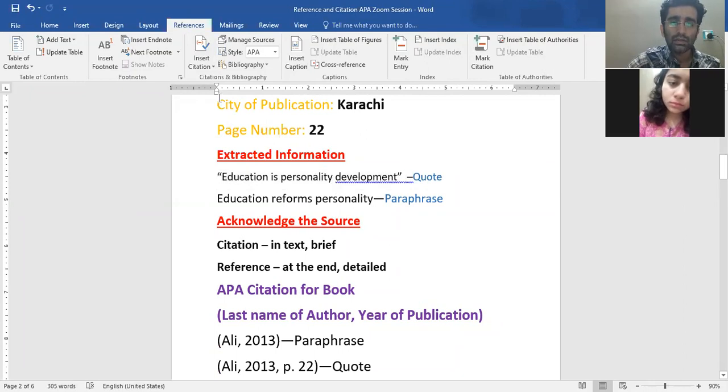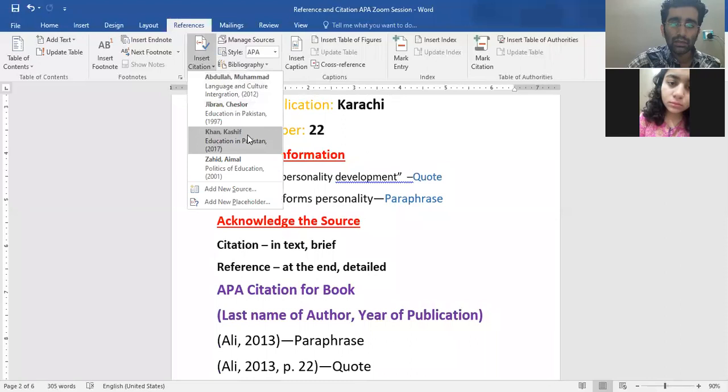Okay? So insert citation. This has been taken from Kashif Khan, so you press on this. It is also showing all other sources that you have added in your Microsoft Word, but you aren't using them right here because this information is obviously taken from a certain source. The source in this case is this one. So you press on this.